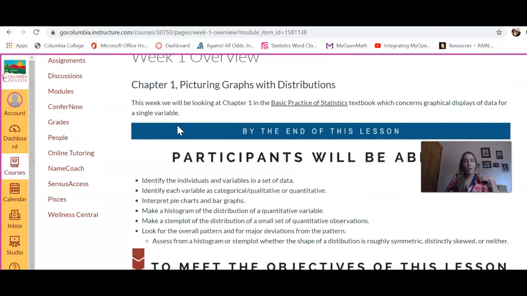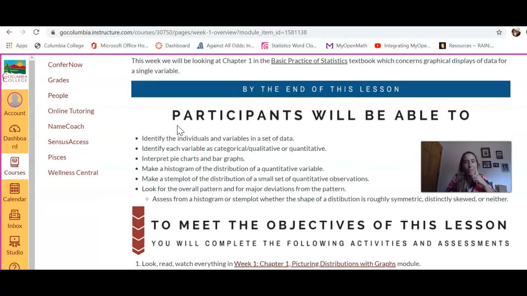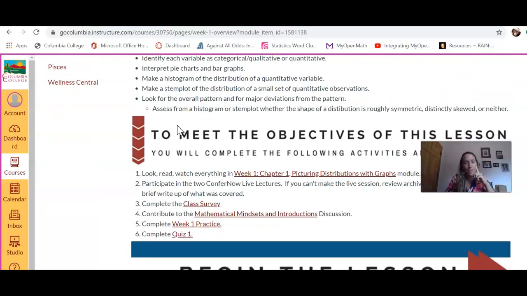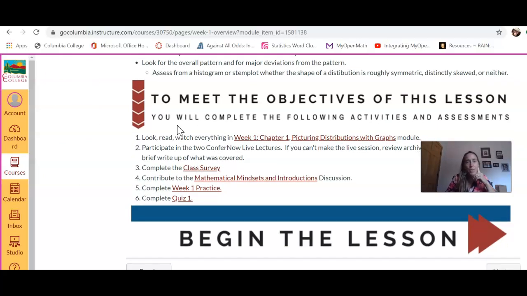This week, we're going to talk about picturing graphs with distributions. So how do we deal with data? The world is full of data. How can we make it pretty in a graph? And we're going to look at different graphs this week, and also how to define those variables that we get from data. So this is what you have to do to complete this week,